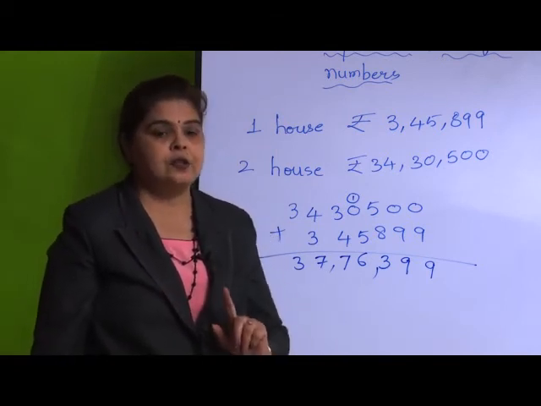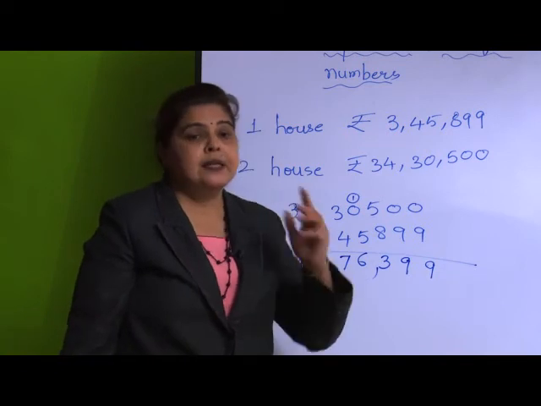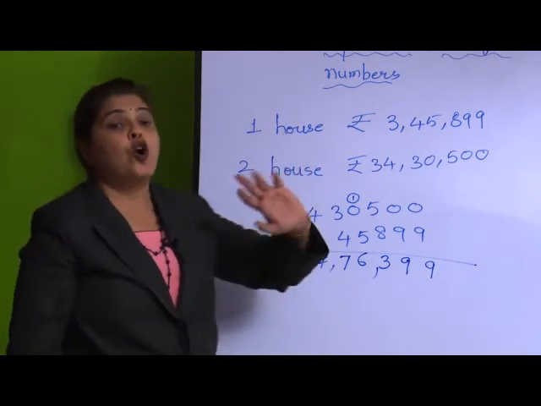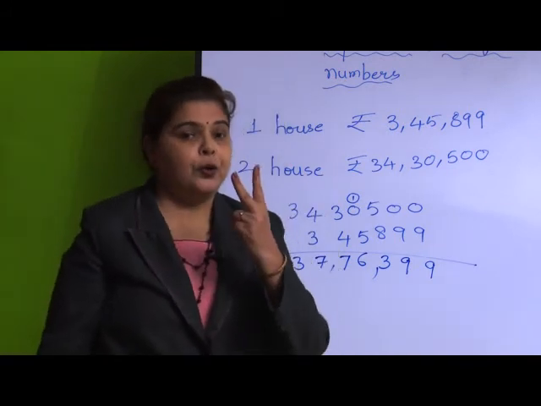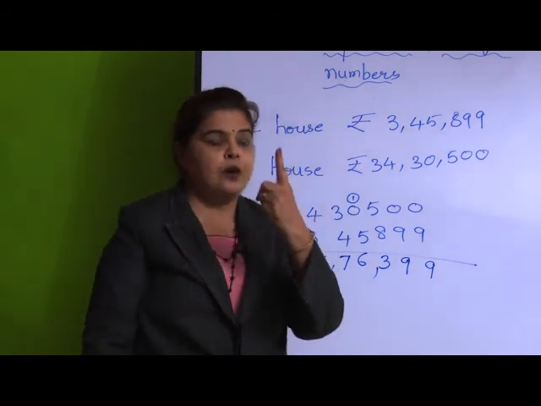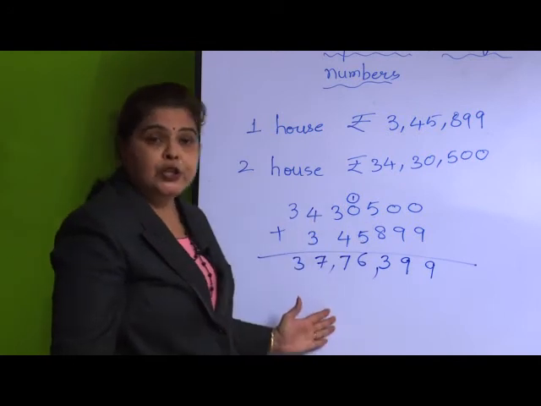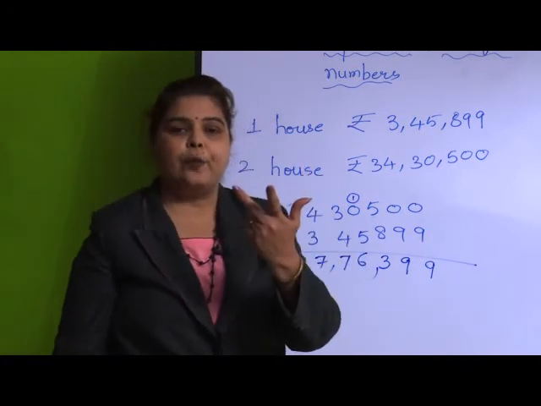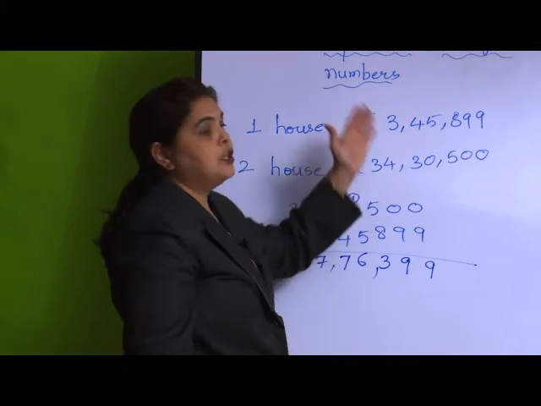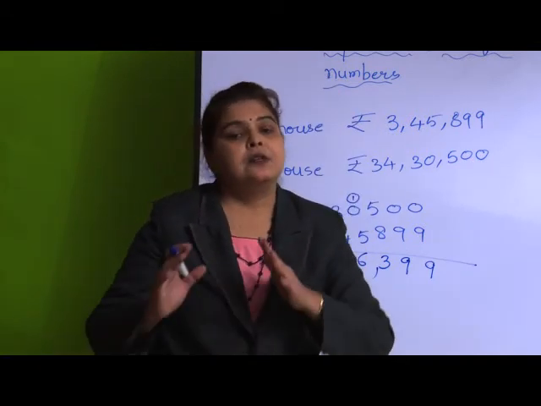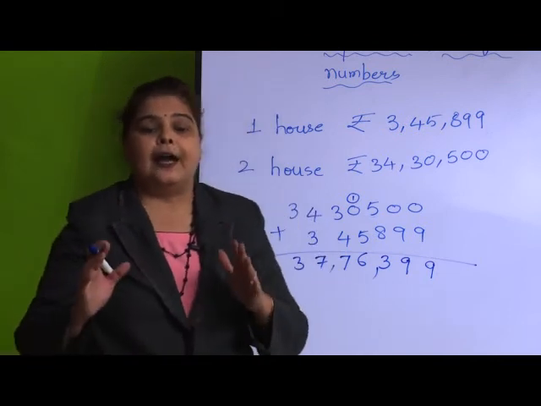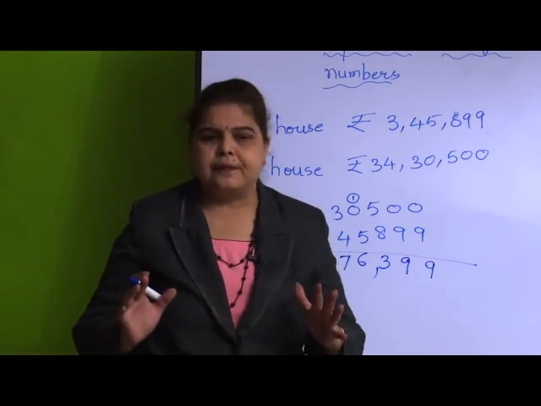Again, listen to my words. By how many rupees is the second house costlier than the first house? Means what? I had taught you two operations. One we had already done, that is addition. Now we will go for the second operation, that is subtraction. Then you will get something like 31 lakhs 58,458 rupees.